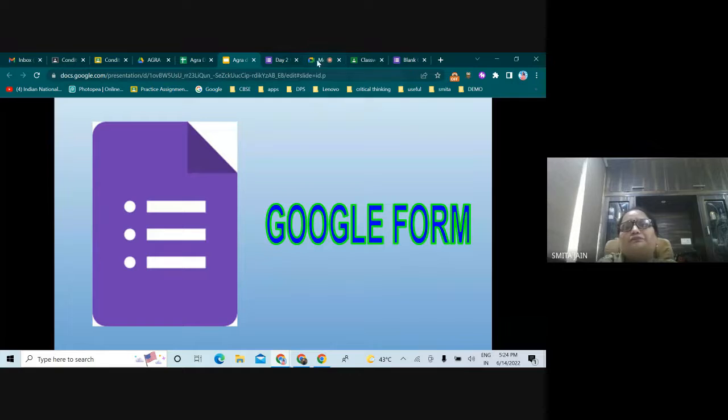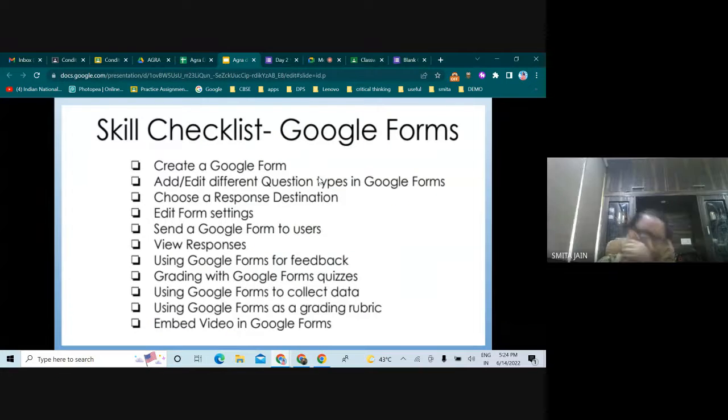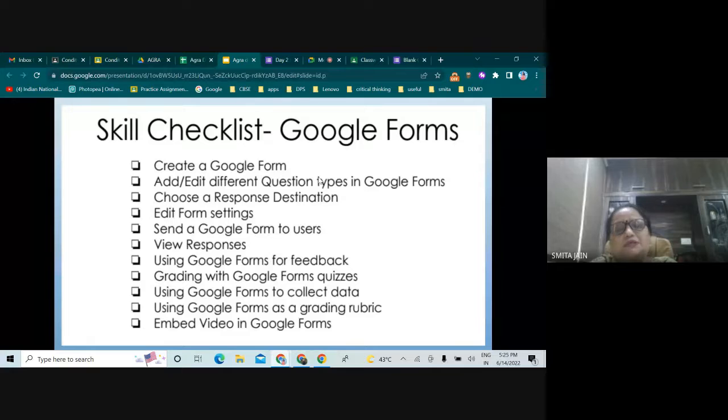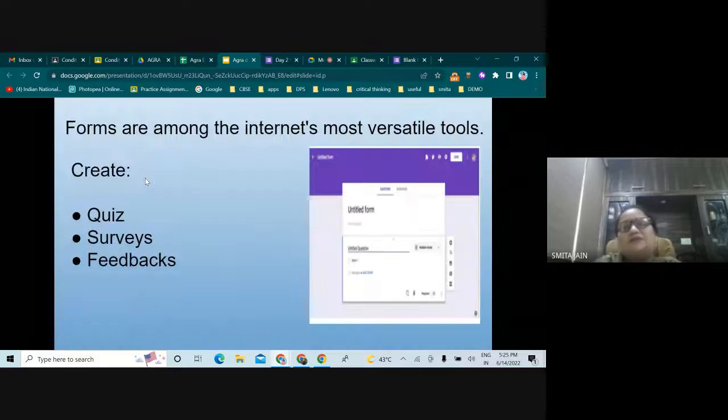Now Google Forms. So in Google Forms, what we have to learn is how to create a Google Form, choose a response destination, using Google Form for feedback, grading with Google Form quizzes, using Google Form to collect data, using Google Form as a grading rubric, and embedding video in Google Form. Forms are a versatile tool for creating quizzes, surveys, and feedback. So for this,